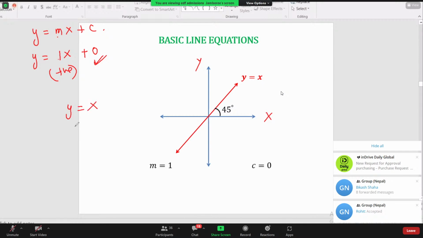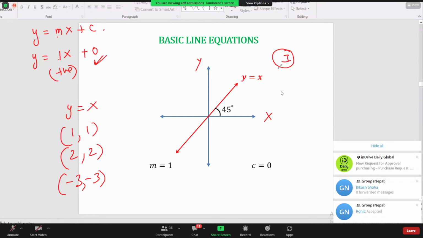That means on this line, if the value of x is 1, y will also be 1. On this line, if the value of x is 2, y will also be 2. On this line, if the value of x is minus 3, y will also be minus 3. So basically, both x and y will have same magnitude and same sign. Further, if you look at the first quadrant in this context, you will analyze that on this line y is